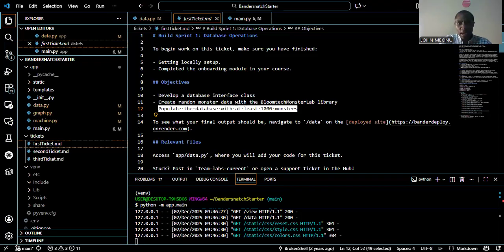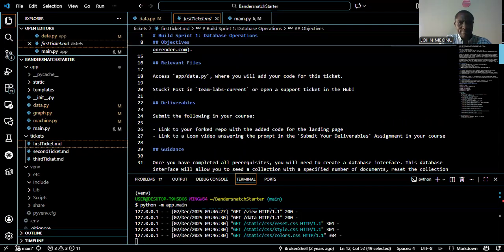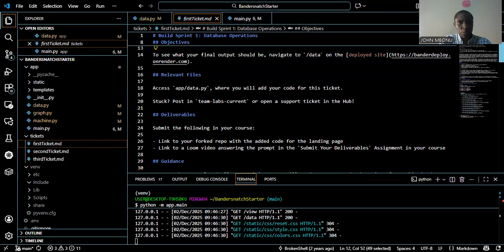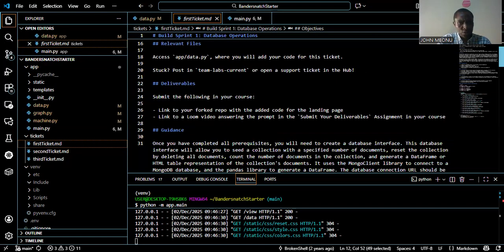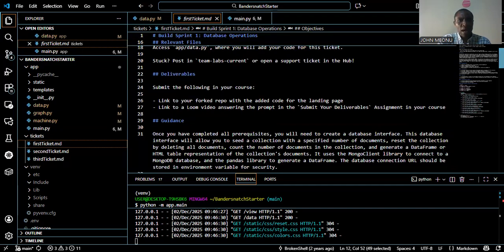Having said that, I am supposed to work inside database, data.py. That is where I'll be working. I'll be tackling this assignment in this place. There are also things I need to do before that. I will have to log into my